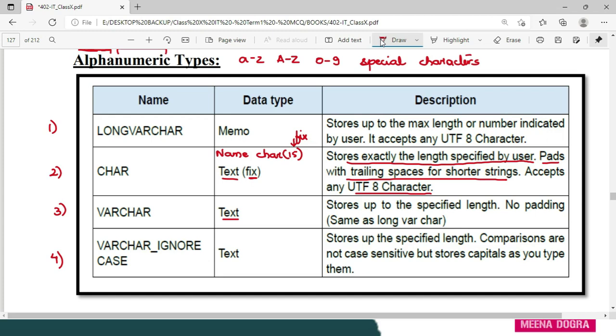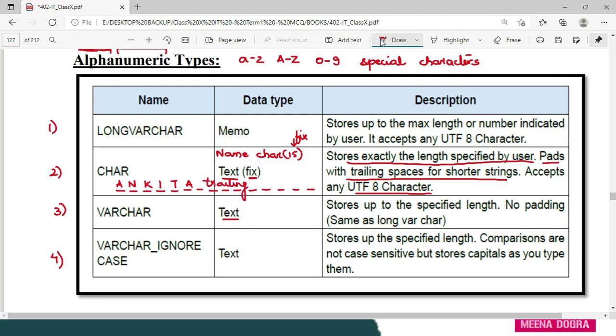Fine. So if I mark like this, I'll just put 15 dots here. And if I'm storing the name, say Ankita, in it, Ankita is made up of 6 characters. 15 minus 6 is 9. Okay, so these 9 bytes will be padded with trailing spaces.